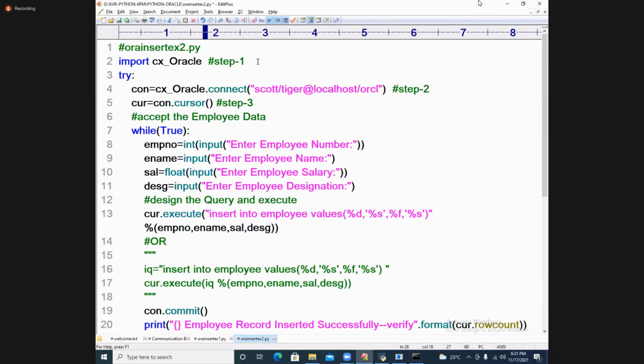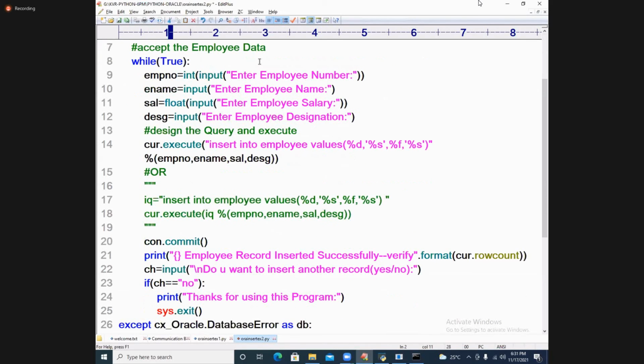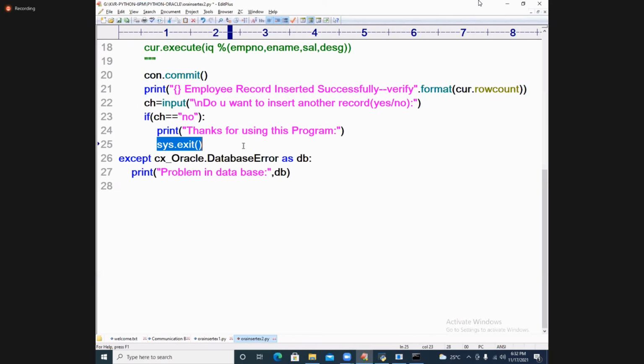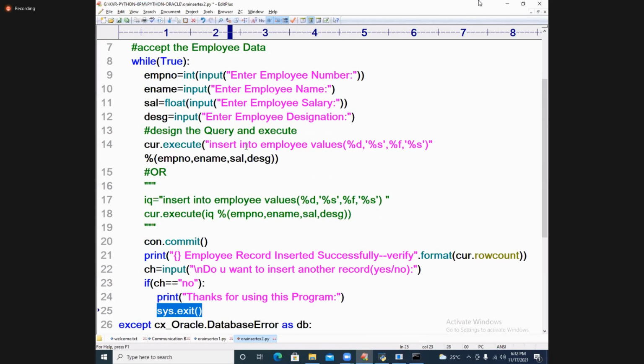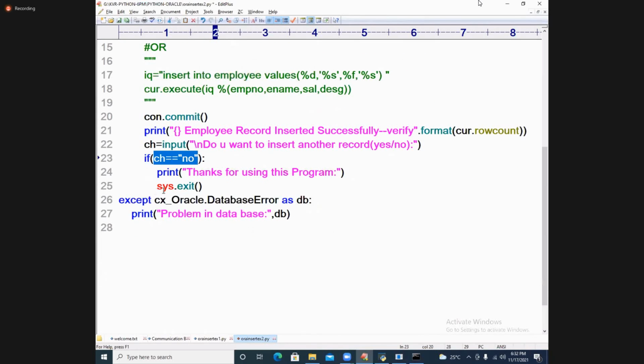Import sys. Very good. Import sys. Sys.exit. Commit, and then we are getting that. If ch is equal to no, you are getting sys.exit.